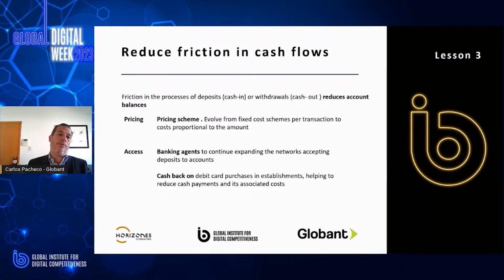This kind of friction is really important because if there are prices for deposits and withdrawals, our consumer very quickly learns that they only have to deposit as little as possible and to withdraw only whatever is necessary, and in a single shot. They tend to take all of the money that they can in a single shot to minimize those costs. The second kind of friction is the access, and making sure that they can do that in a number of establishments, locations, or merchants.